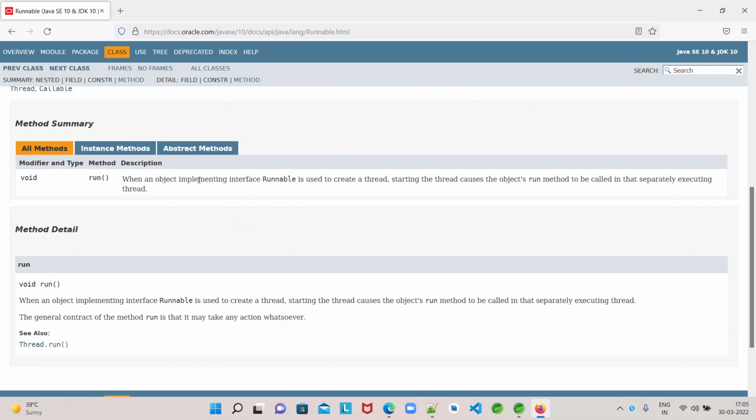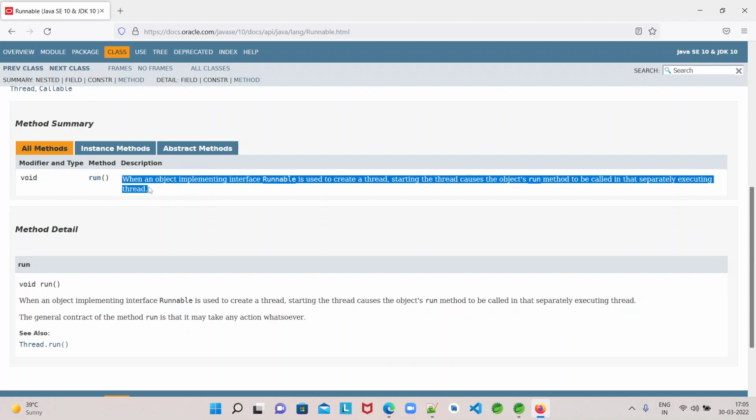Okay, when an object implementing interface Runnable is used to create a thread, starting the thread causes the object's run method to be called in the separate thread. Okay, this is the feature of the run method. This is the specification of the run method. But